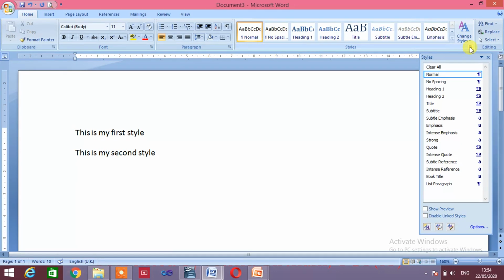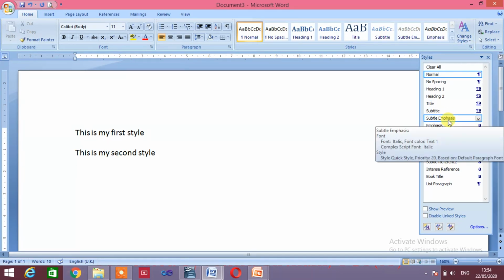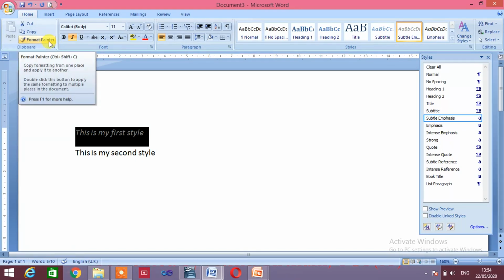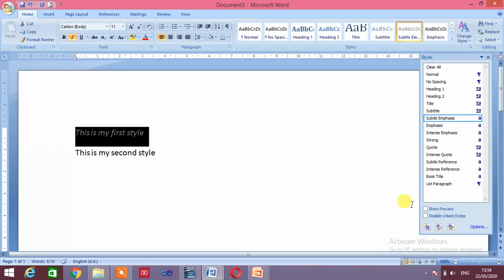Click on the style which you want to apply, and then click on Format Painter and apply the style wherever you want, on the particular sentence or on the particular paragraph. So again and again you have to use Format Painter. First select a style, like I want Heading 1.